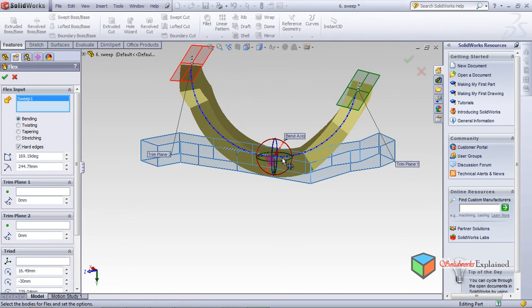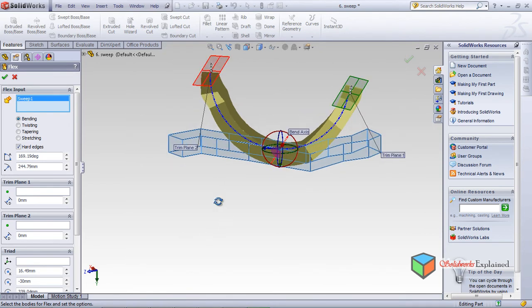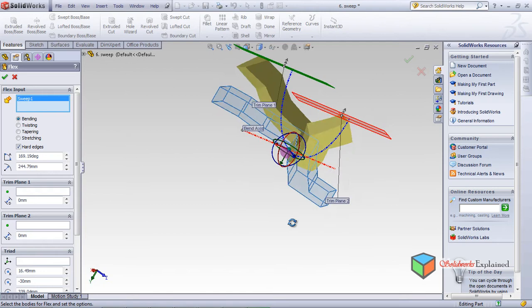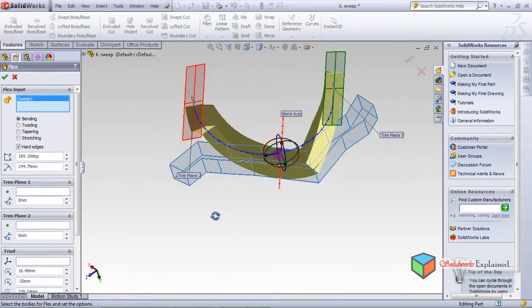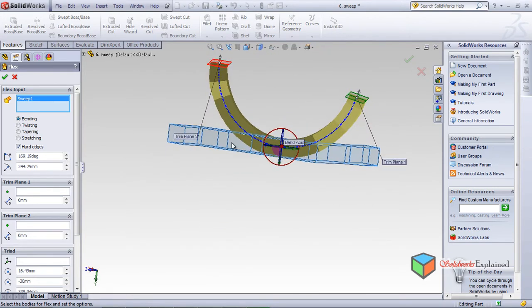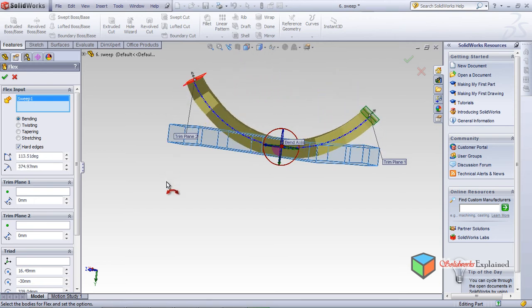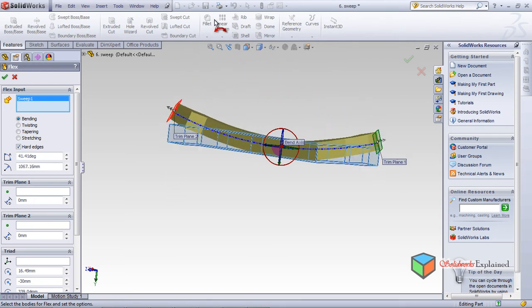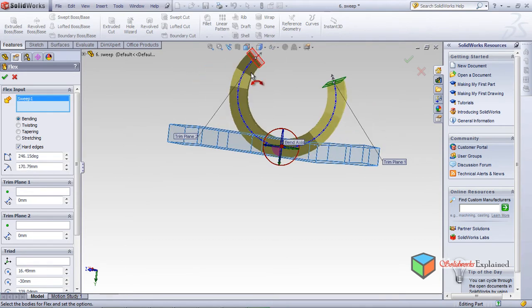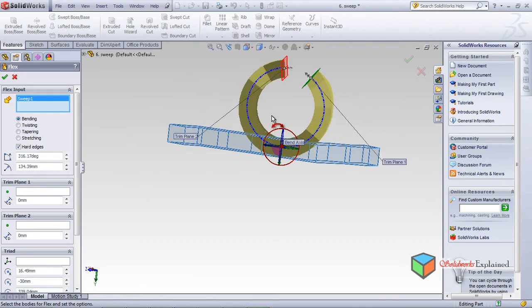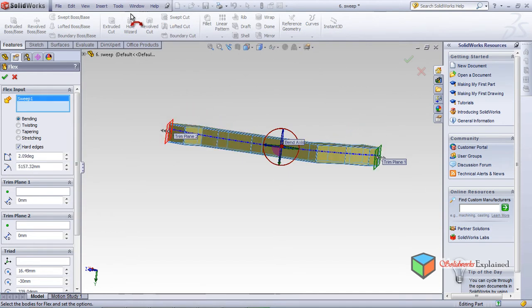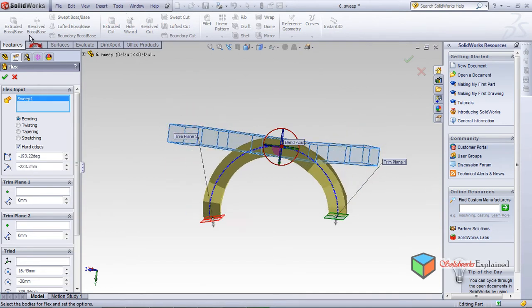Now here you can see the original part, and here you can see how the bend looks. You can move and see how your bend is. Again, when you want to bend more, click here properly, and it can bend up till here also, or go on the reverse side. You can also bend on the reverse side, that's not an issue. This is one side, but you need to understand how it moves. Look, on the other side,